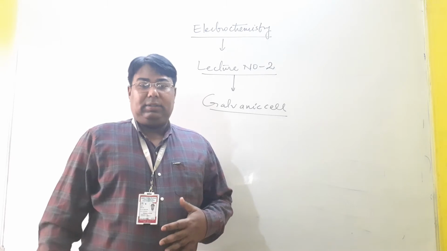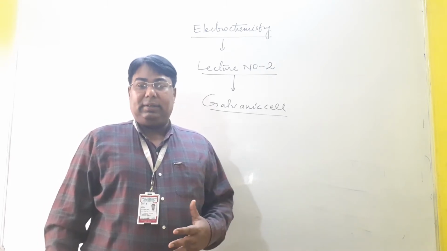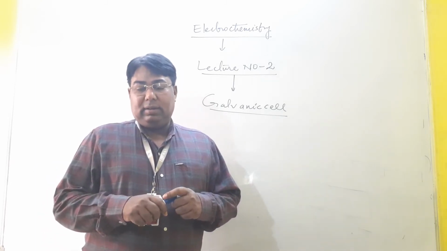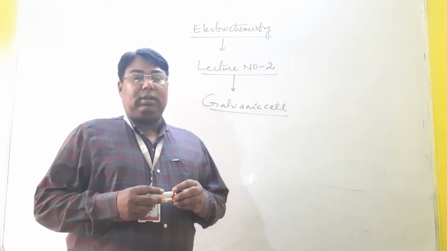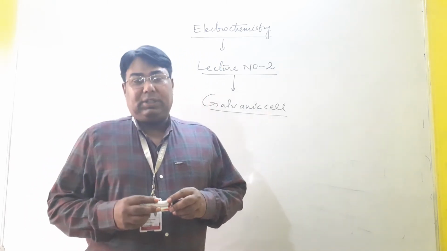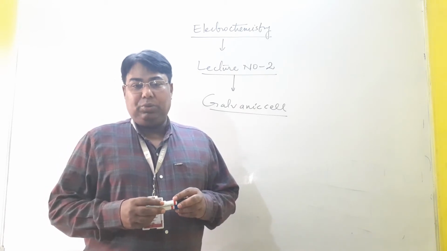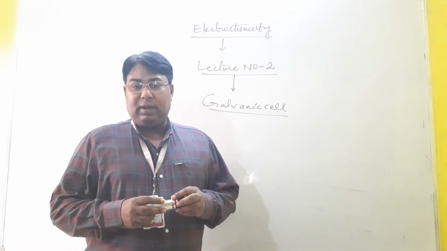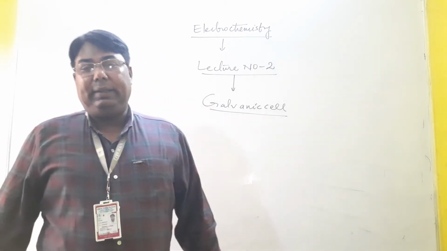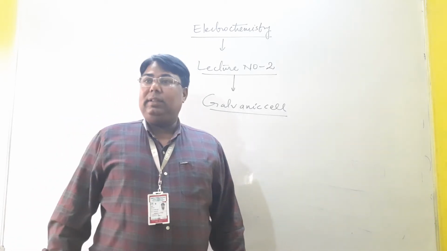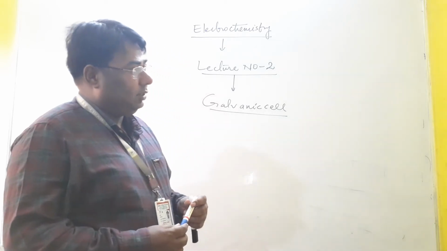Galvanic cell is a very important topic of this chapter. So students, please try to understand the galvanic cell. Galvanic cells are the devices or cells which convert chemical energy produced in redox reactions into electrical energy. Now try to understand the definition of galvanic cell: the cell which converts chemical energy produced in redox reactions,